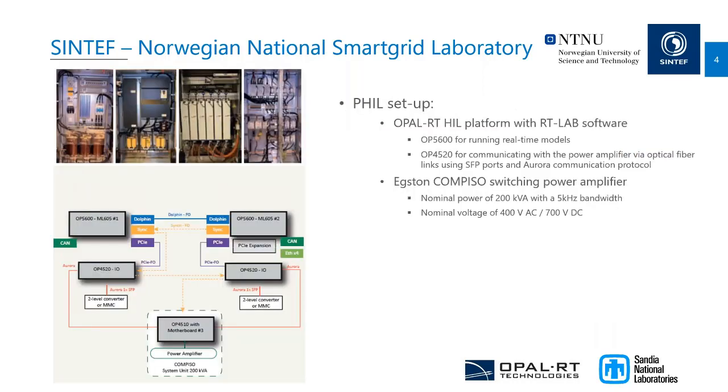So the laboratory integrates an OPAL-RT real-time simulator and an external Compiso power amplifier up to 200 kVA, 400 volt AC or 700 volt DC, with a 5 kilohertz bandwidth. On the HIL side, a lot of simulators can be seen. It can be used to increase the computing and the input-output capability. But just to make it simple, the OP5600 is used for running real-time models with RT-LAB, while the OP4520